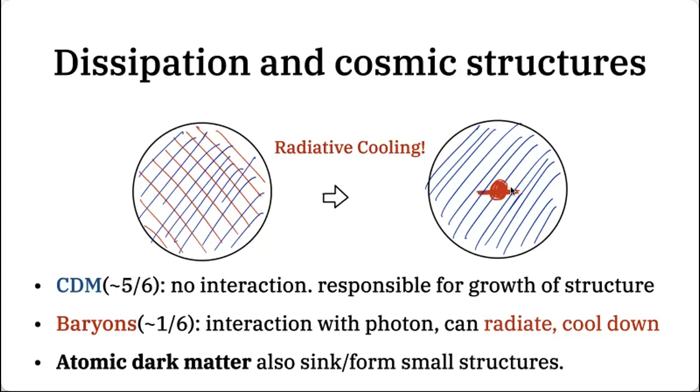And that thing that dark matter didn't do, but baryons really did, was cooling and losing kinetic energy. By losing kinetic energy, the baryonic particles can sink toward the center, right? And then form interesting objects like galaxies and planets, or the gas, and like us, okay? This model of atomic dark matter is not new.